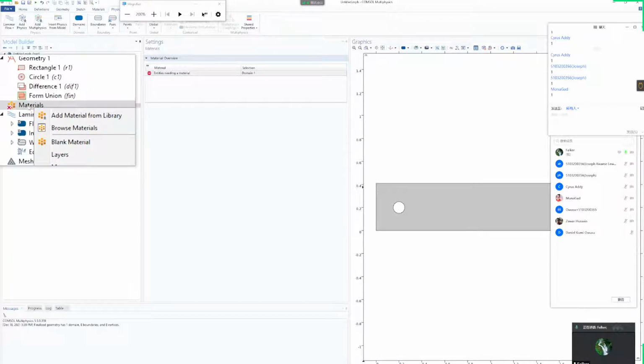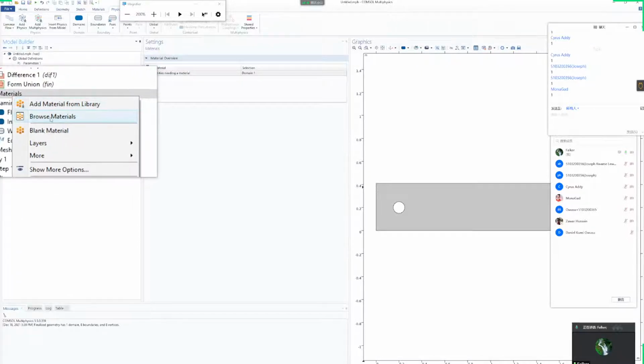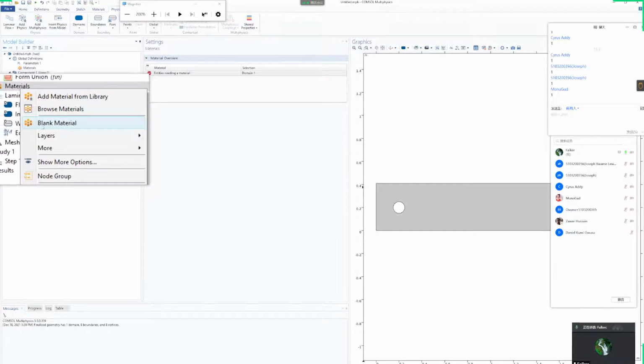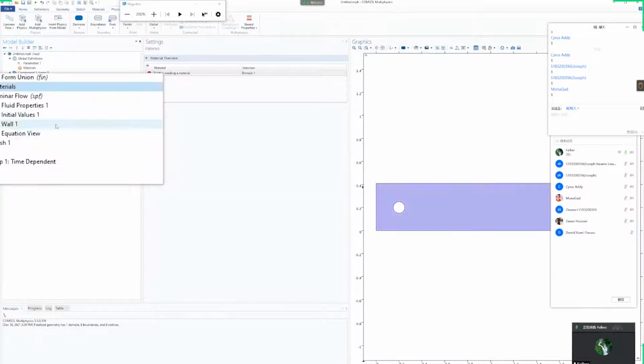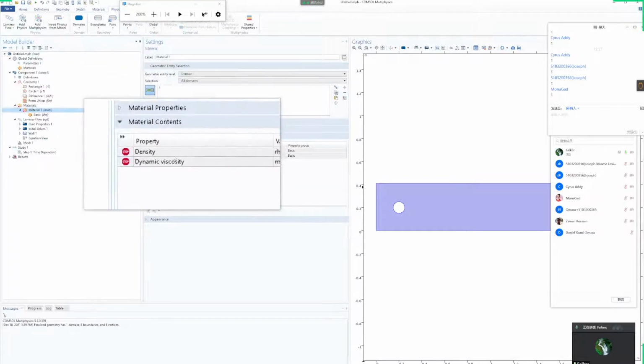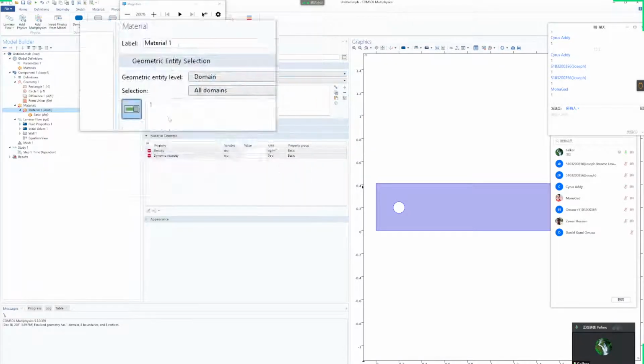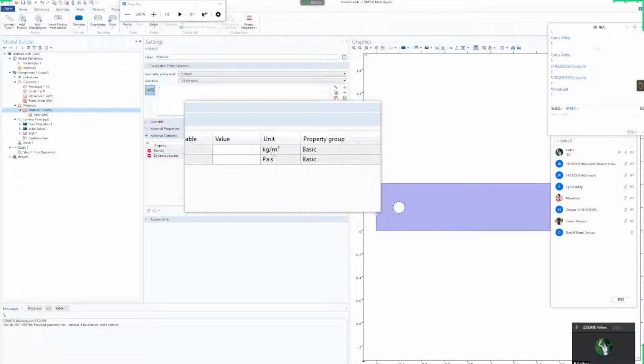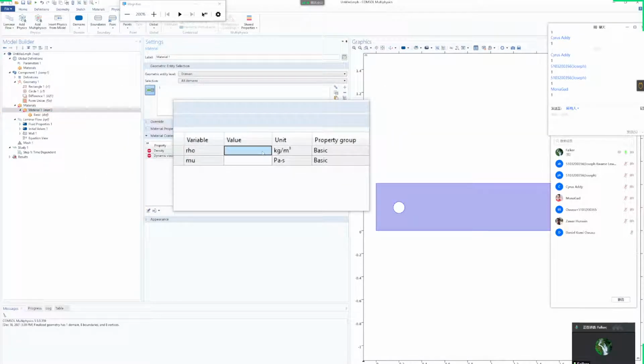So we right-click materials and move down to blank material, and you will find a blank material in your settings part, and we use water as